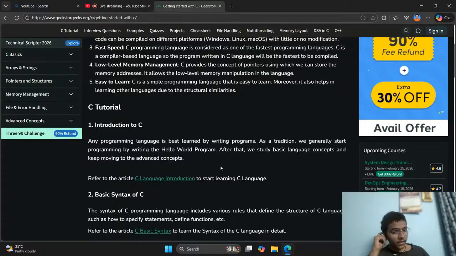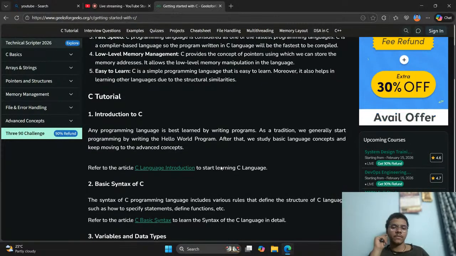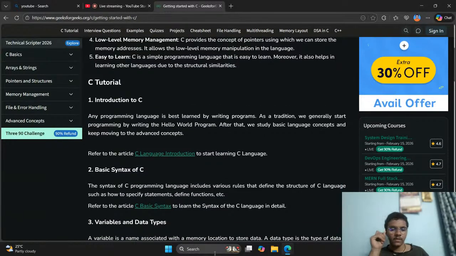Any programming language is best learned by writing programs. As a tradition, we generally start programming by writing the Hello World program. After that, we study basic language concepts and keep moving to the advanced concepts. And